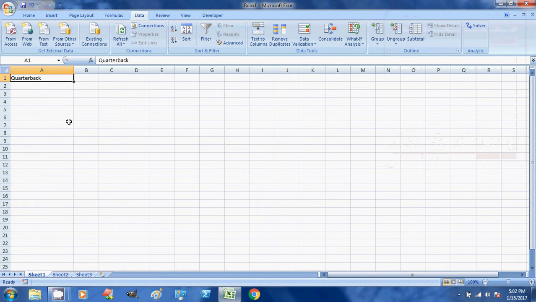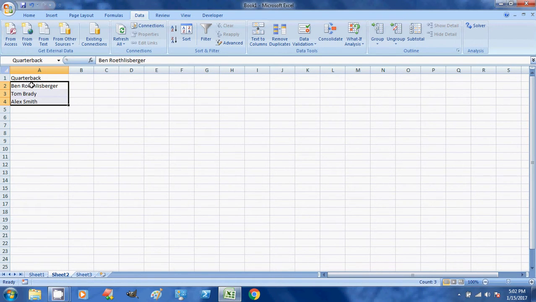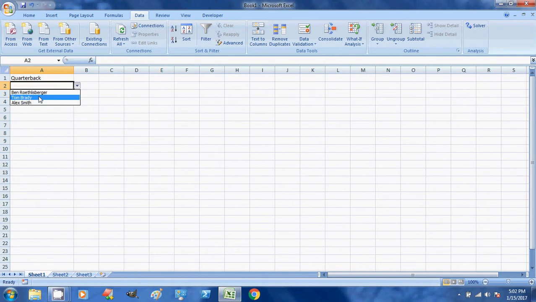Alright, now what we want to do is a dependent drop down list. I'm going to select a quarterback from this list here. We already created our list of quarterbacks and named the cell range that the list pulls from. So I want to select a quarterback here, and then in this column